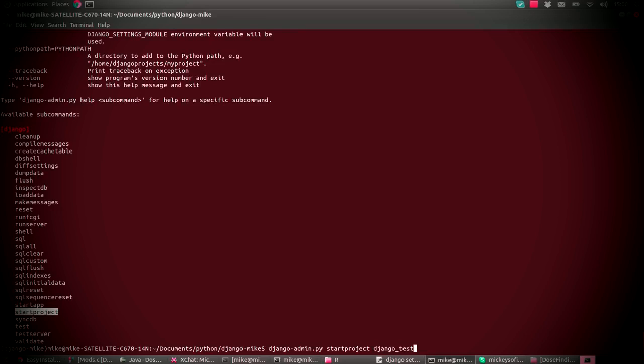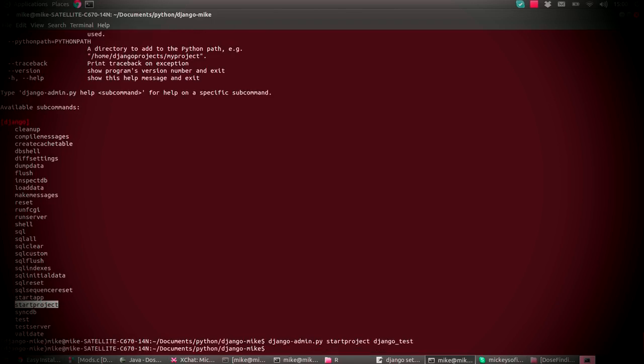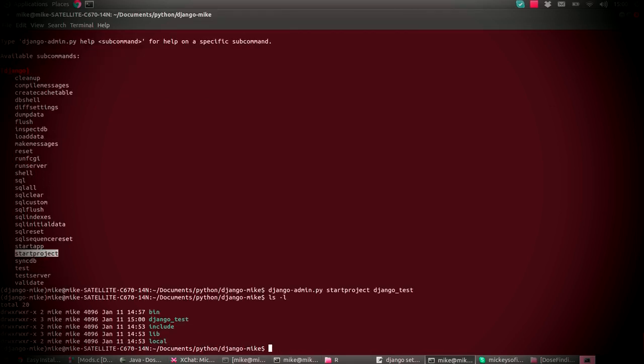Notice I used an underscore there in the name because you can't use hyphens in the project names. That's something that you'll find out if you attempt to stick something with a hyphen in there, but you can always replace it with an underscore. So this is to create our first project. If you just press enter there, it very quickly executes that script, and then you can see there's now a folder called Django_test. Now if we go inside of there,